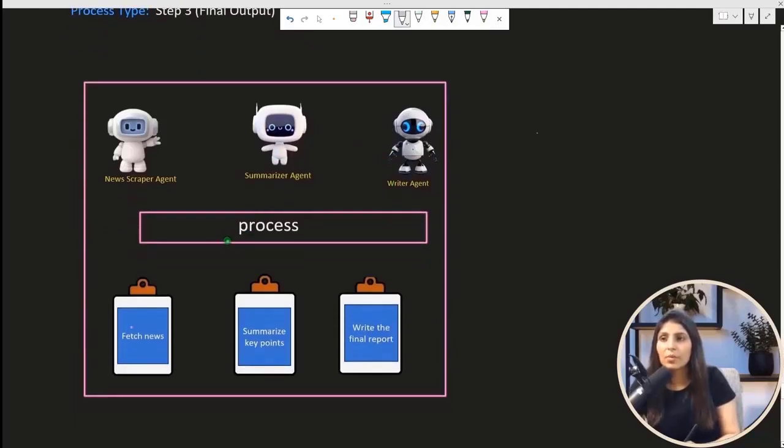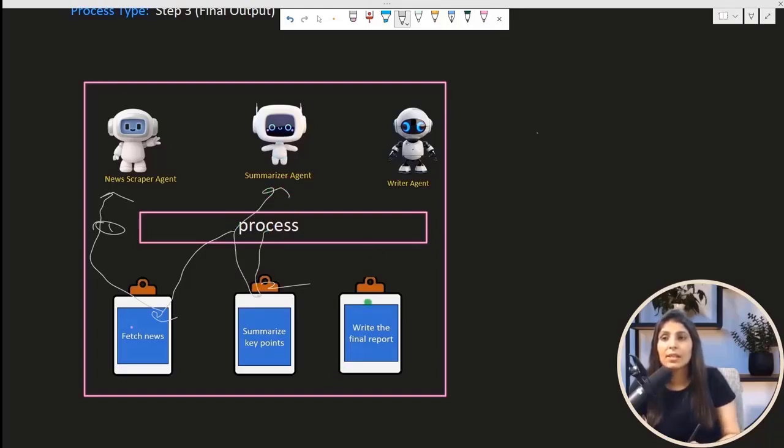So see this example over here. This is the same news summarization app. Process will first see that fetch news is the first task, and it should be given to the news scraper agent, and this should be the first step. Okay, so this is done by process, and then this should be the second task, and the process will decide that this task should go to the summarization agent.